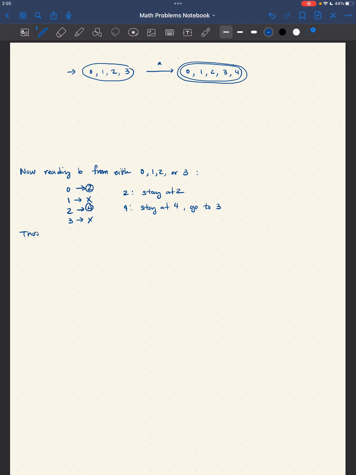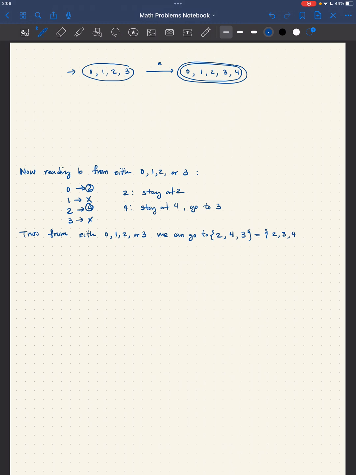Thus, from either 0, 1, 2, or 3, we can go to 2, 4, or 3, right? Which is, of course, put it in a set notation to the set 2,